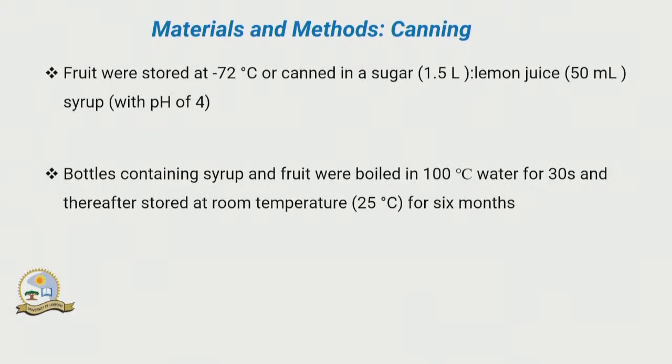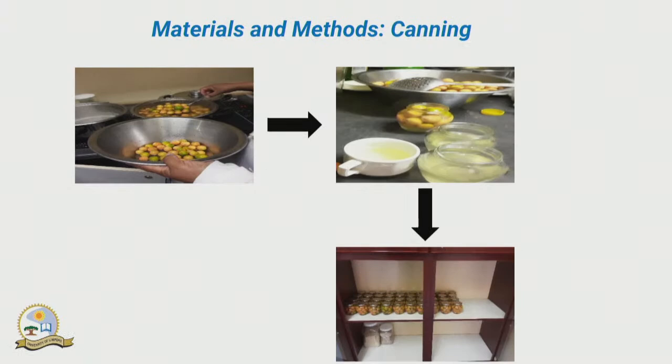Then after that, we subjected the experimental unit to the thermal process, where we boiled the fruit, which had the syrup. We boiled for 30 seconds, and thereafter we stored them for 6 months at ambient temperature. And this is basically what we did. And then after that,